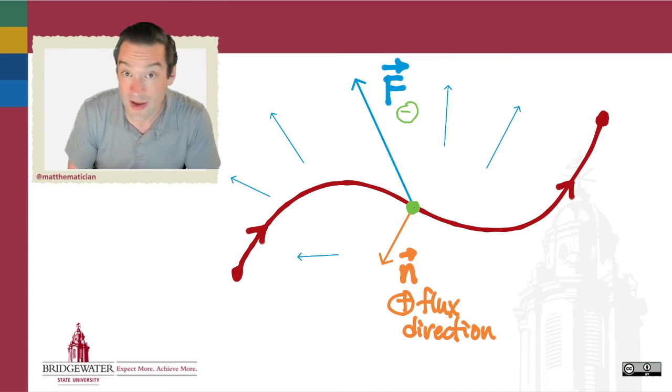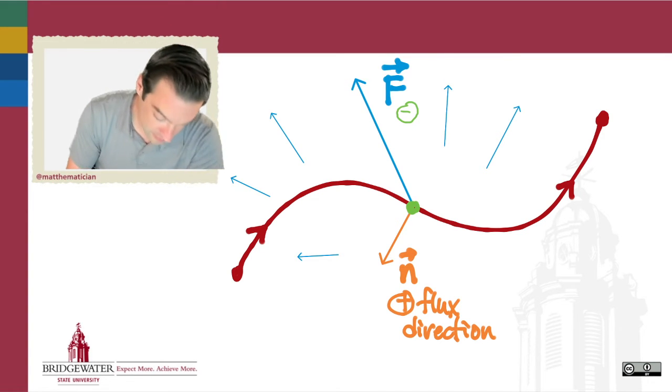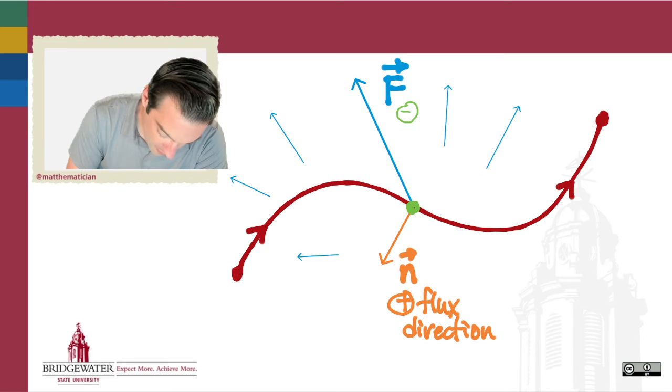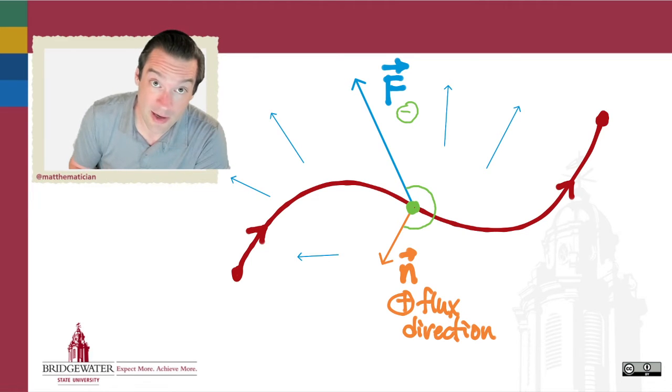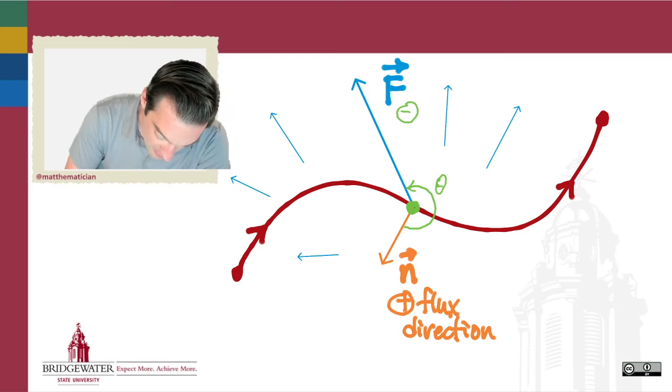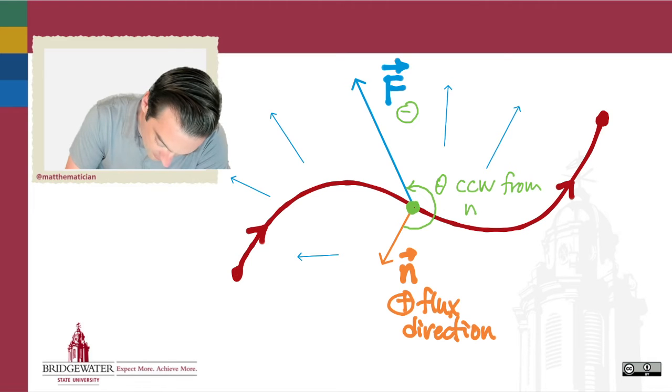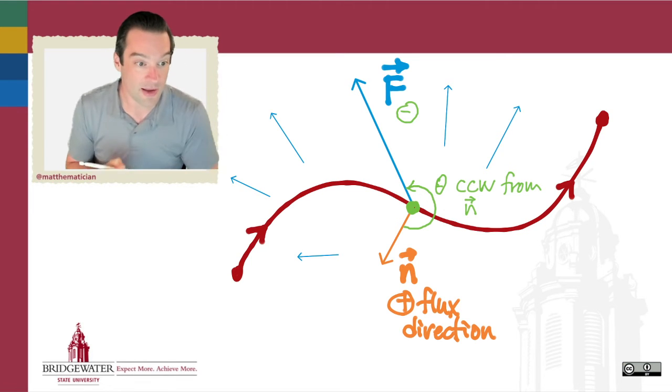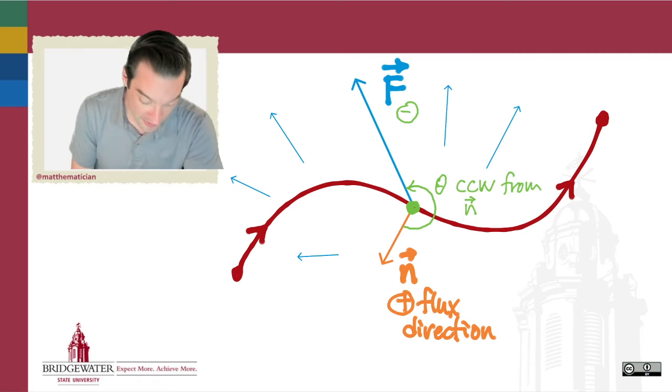The sine of the angle would have to be negative. So what is the angle? What do we know about the angle? I think the angle would have to be bigger than 180, right? It'd have to be between 180 and 360. So it might be the case that we need to measure theta counterclockwise from my normal vector. That if I measure theta in a counterclockwise orientation from my normal vector, then I'll get